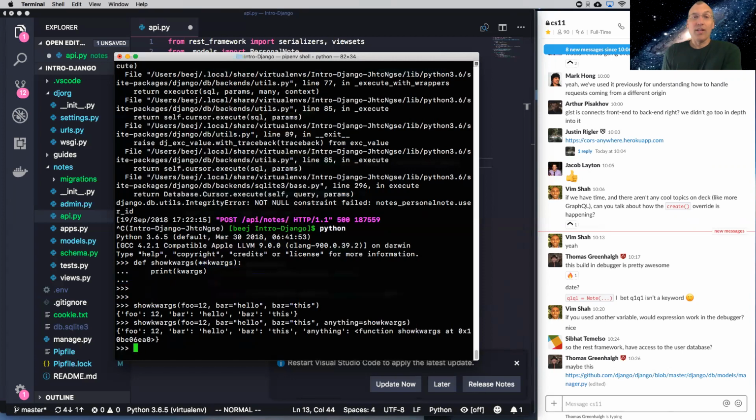And so that gives us a whole lot of flexibility in a way. Like here, I haven't changed this function at all,